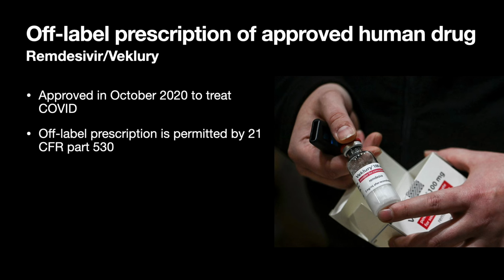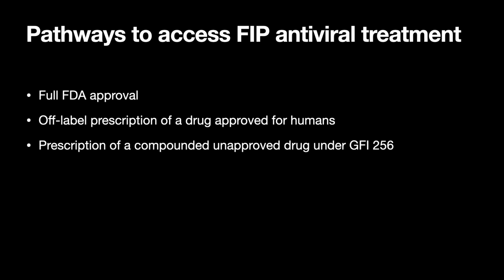It's a rather expensive medication, and it's only available as an injectable, which means it may not be suitable for some cats and may make it very difficult for owners to comply with the treatment protocol. So it works, but it's very difficult for vets to obtain, and it's limited in the ways it can be administered. Now, let's talk about what I'm sure you're all interested in hearing about: prescription of a compounded, unapproved drug